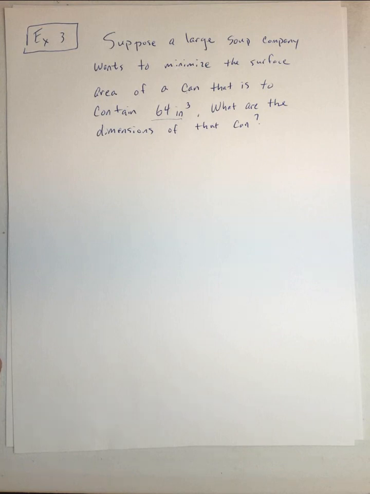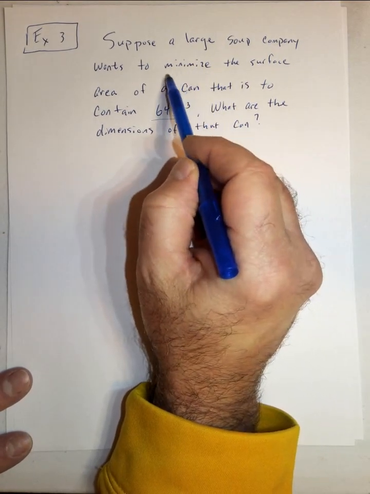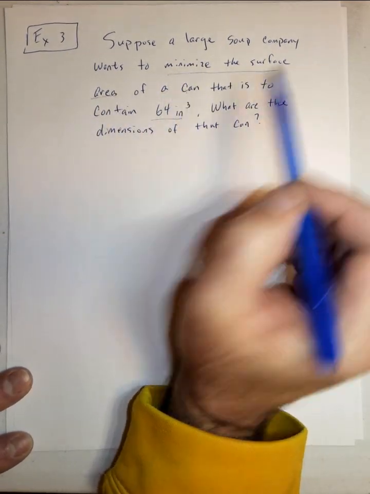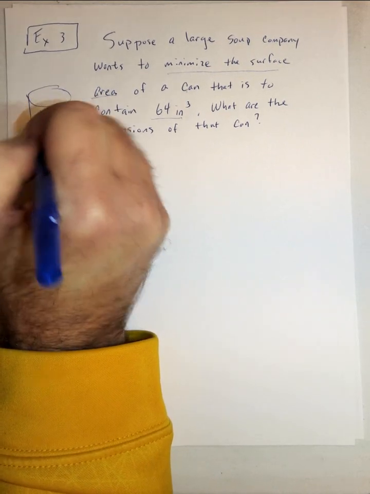So the idea is, if we can still put in 64 cubic inches of soup, but into the smallest container possible, that will allow us to not use as much material, which is going to minimize our cost in production. So this is the whole idea here. So what are we trying to minimize? We're trying to minimize the surface area. That's my target. So again, we're looking at a cylinder